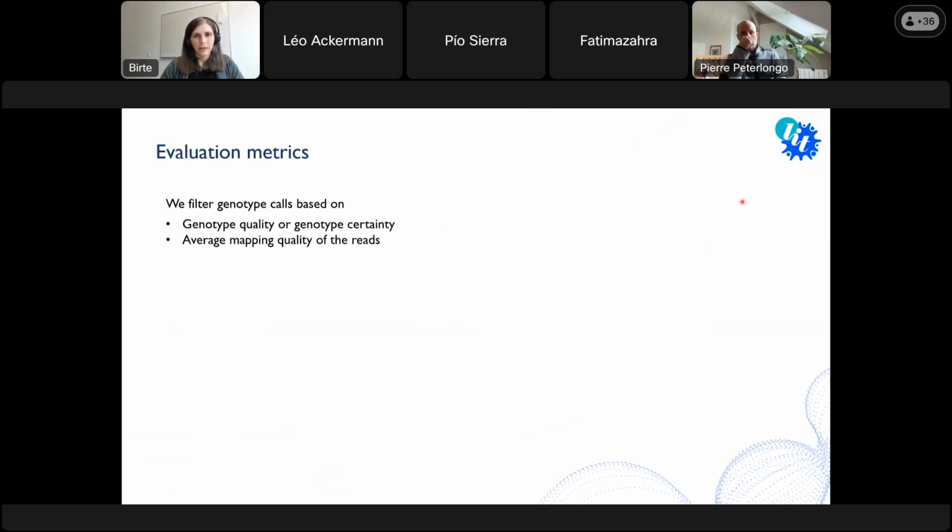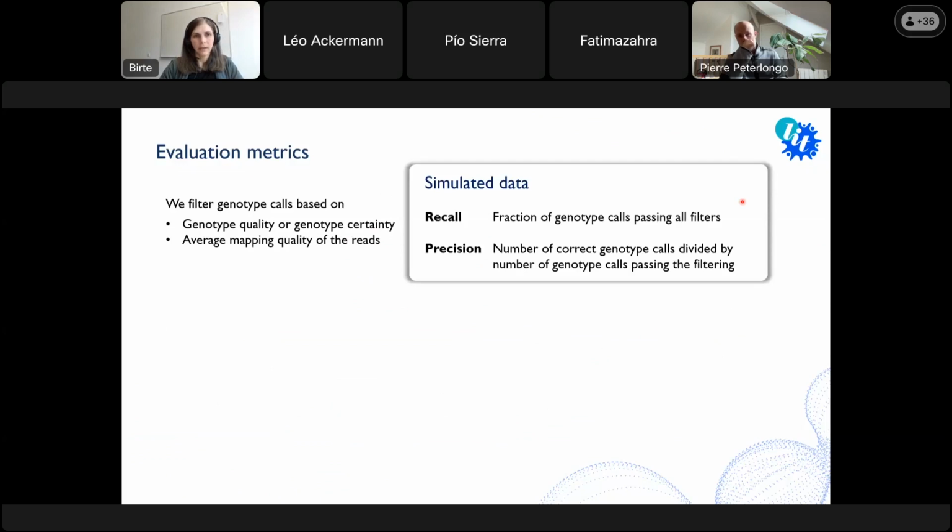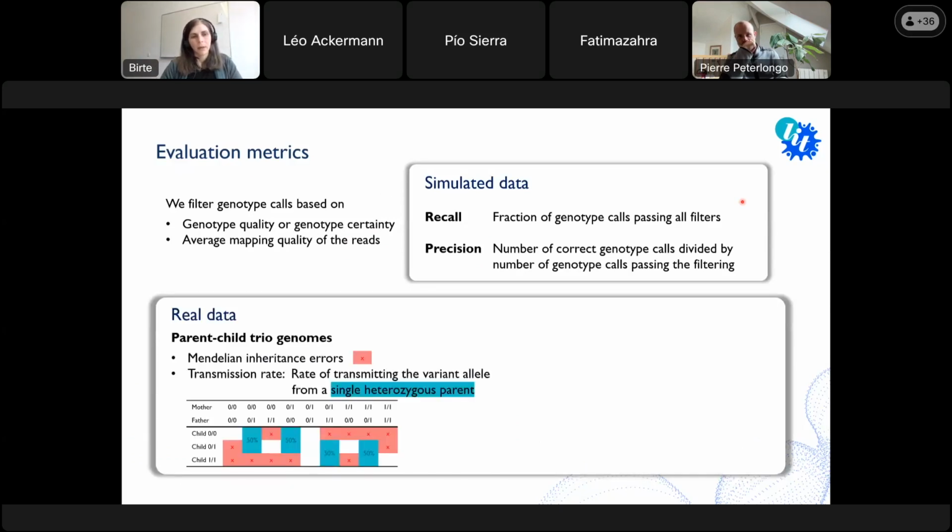For evaluation, we used on the simulated data recall and precision. Recall is just the fraction of genotype calls passing filters. So again, we filtered based on genotype quality or certainty, and also sometimes something else. And then the precision is the number of correct genotype calls divided by the number of genotype calls passing the filters. If you disable filtering, then it's just the fraction of correct genotype calls of all genotype calls. On real data,